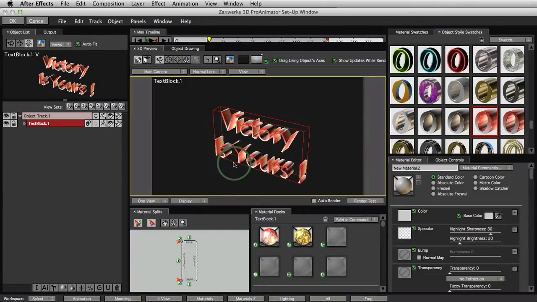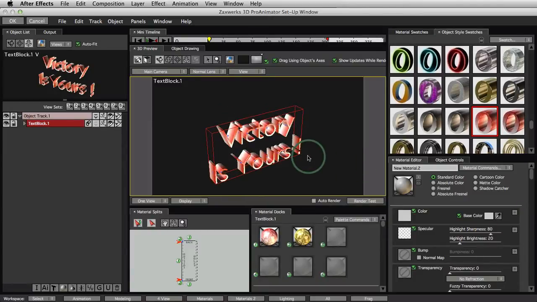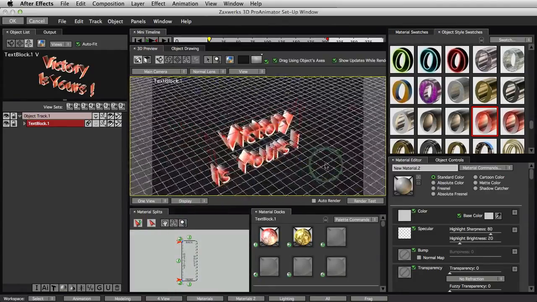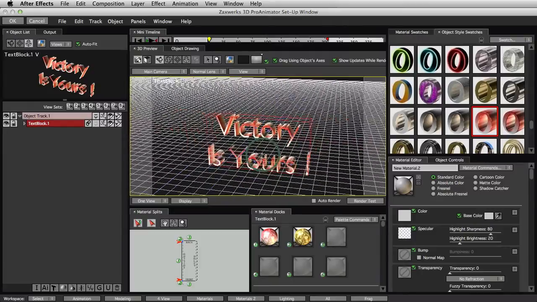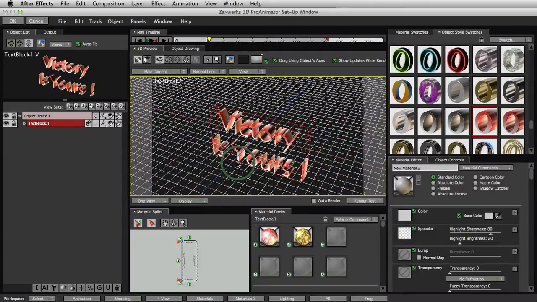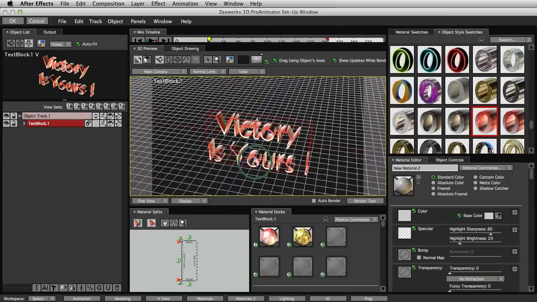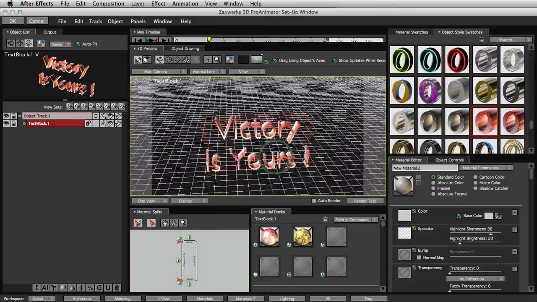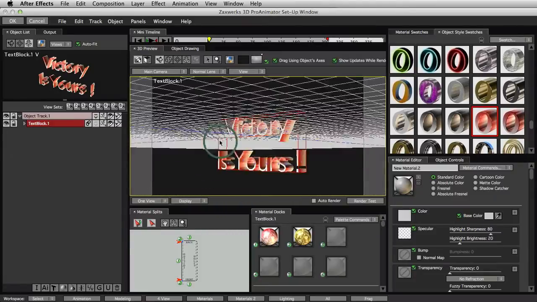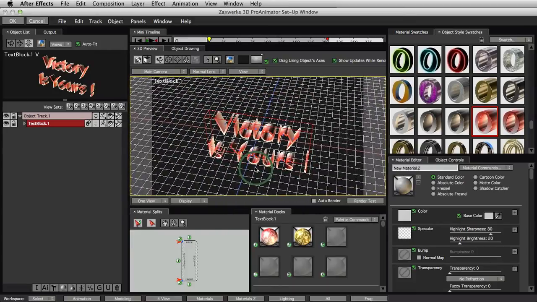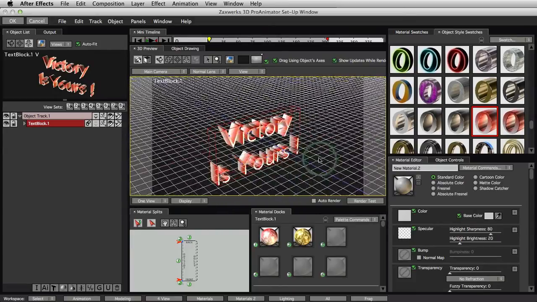It looks like we're moving the objects around, doesn't it? That's not exactly the case though, because when I switch this over to floor, you can see that the floor is moving too. So what's happening here is we're actually moving the camera around the objects. If you can imagine that you had a camera in your hand and you're looking through the viewfinder, this is what you'd see. So now we're walking to the left, and now we're walking to the right, and now we're getting down and looking up at the objects, and now we're lifting up over the top of them and looking down at them. So I'm moving the camera around.